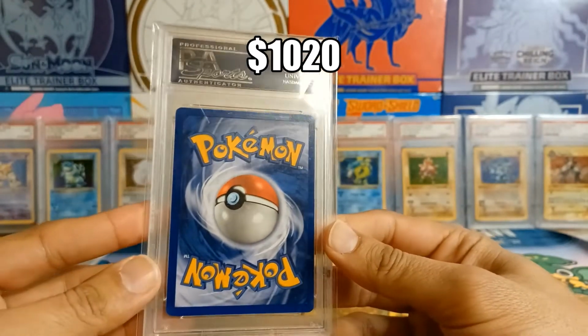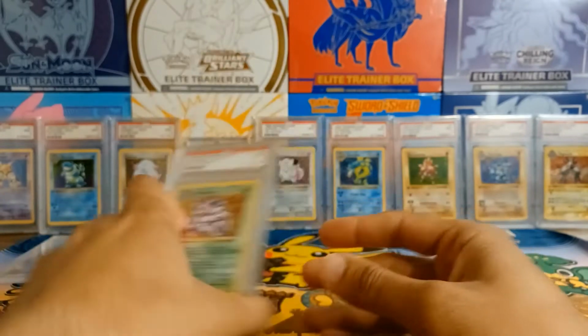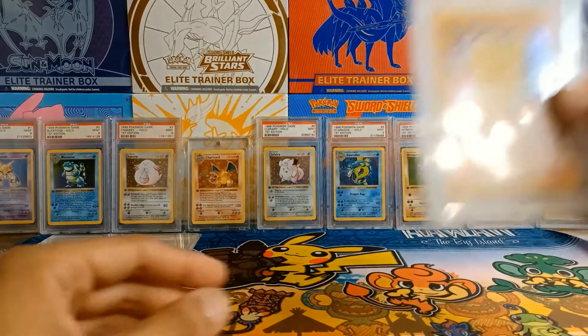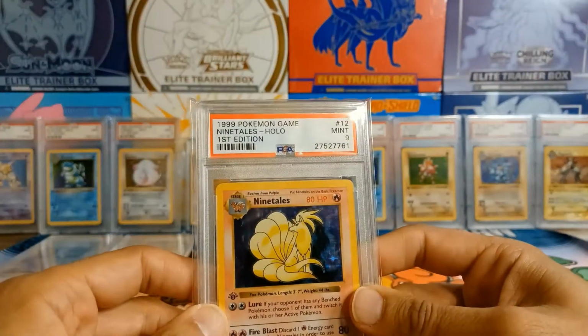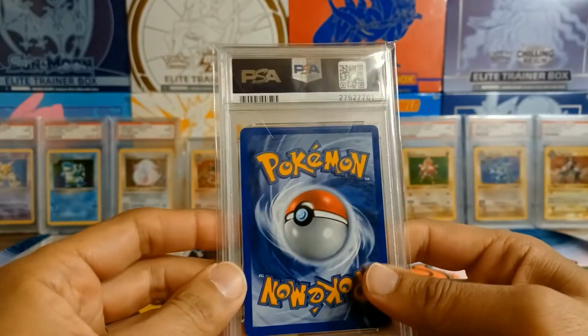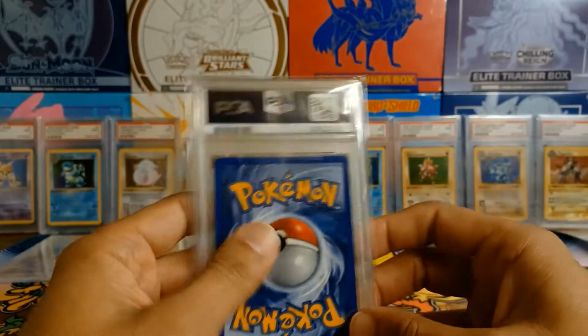$1,200 on PSA's marketplace. And the next card that we have is actually the only vintage card that I have that has this PSA logo on it. That's an updated card. So this one was graded recently. I'll take a look and see if the ones that got graded in the past year look exactly like this, but